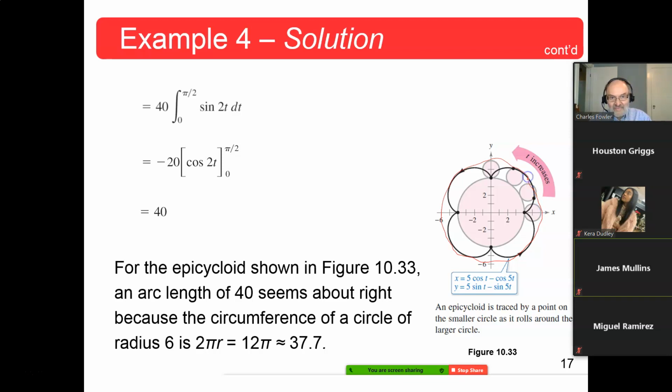Now, that's a shorter path by a little bit than going down and touching here. This is just a smooth arc here. This is a little bit more. So these are going to be a little bit longer. Well, what would be the circumference of a circle of radius 6? Circumference is equal to 2 pi r, and if r was 6, then this would be 12 pi, and 12 pi,